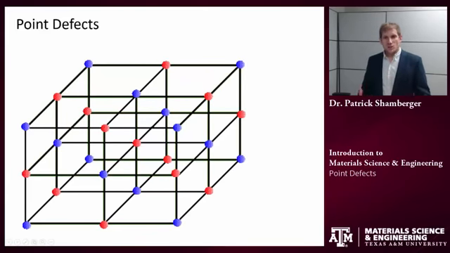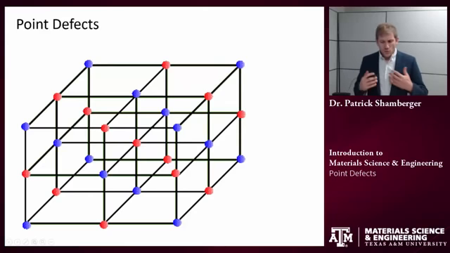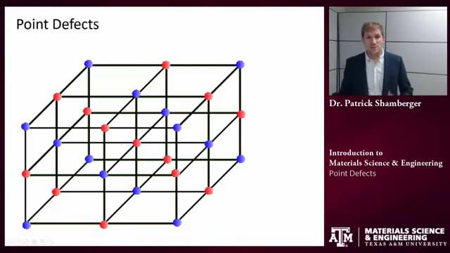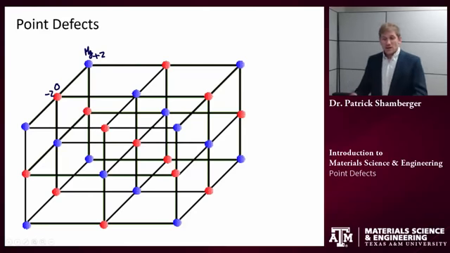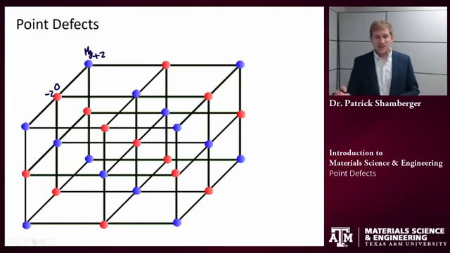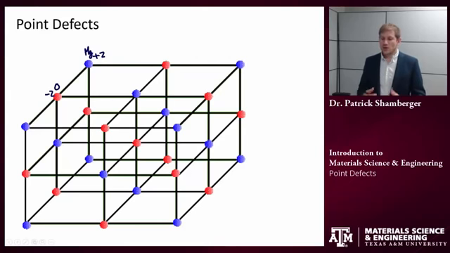Okay, next we're going to think about ceramic or ionic compounds. And there are additional things that we have to consider in these cases. And that's just because an ionic compound has positively charged ions and negatively charged ions. So let's say each of these blue is a cation, and each of the red is an anion. And for the purpose of this, let's say these blue are magnesium, so it's actually +2. And the red are oxygen, so it's -2. So in the ionic case, we can't simply have a vacancy of one of these atoms because that would lead to a charge imbalance in the system. Similarly, we can't just have a substitution of one other charged species in the lattice because that would also lead to a charge imbalance. So the rule is that when we're dealing with ionic compounds, we always need to maintain